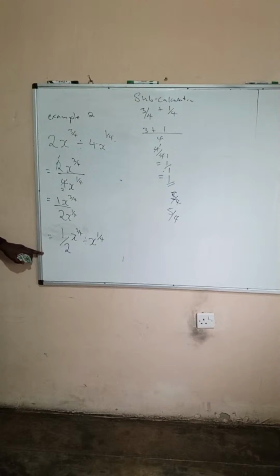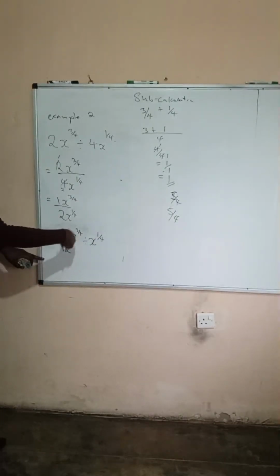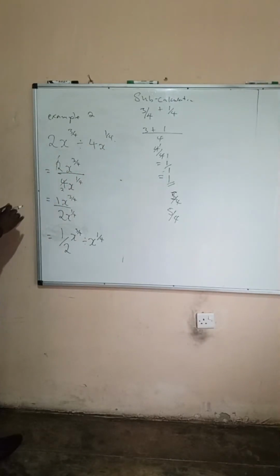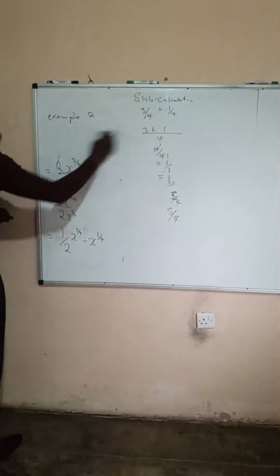Okay? This is what it means. This half x to the power 3 over 4 divided by x to the power 1 over 4. So this can also be written as,